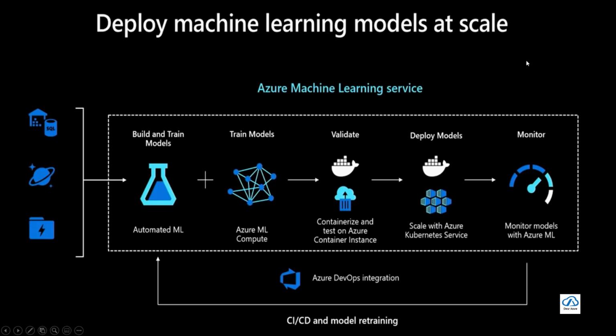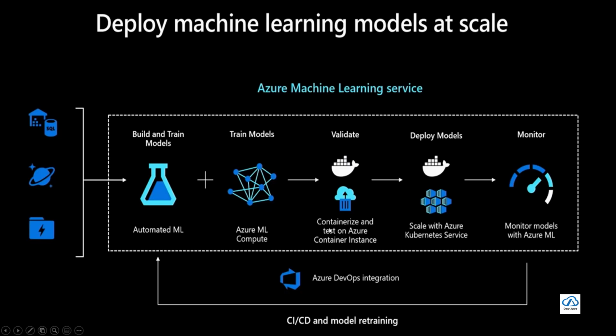Okay, when you create Azure Machine Learning or use Azure Machine Learning, you deploy your machine learning models in a situation where it's scalable. So as I have already said, you can have different kinds of data sources. Could be SQL, could be Cosmos, could be some kind of data lake, and you have the option to build and train machine learning models in Azure Automated Machine Learning. You can also use just the compute, write all the code in your local machine, and then just upload the script on a Docker container or a certain VM under Azure Machine Learning Compute to train the model, do all